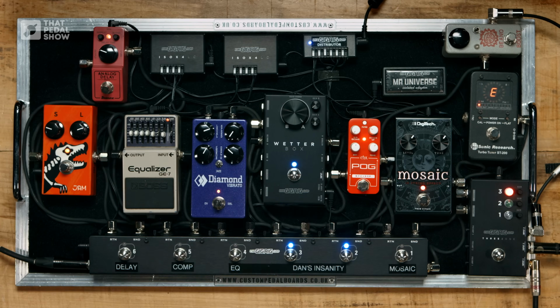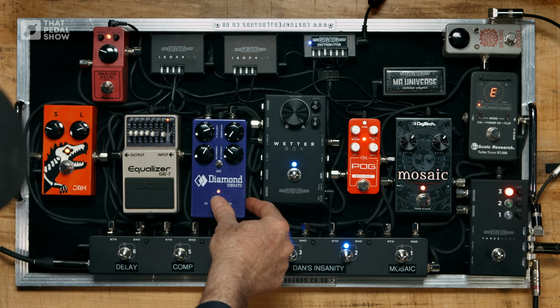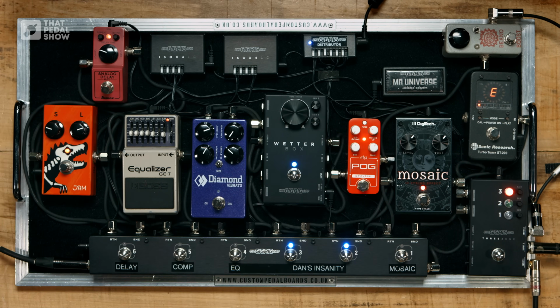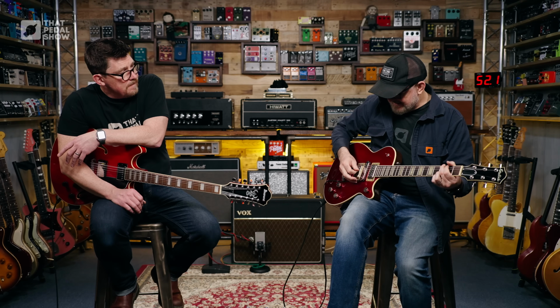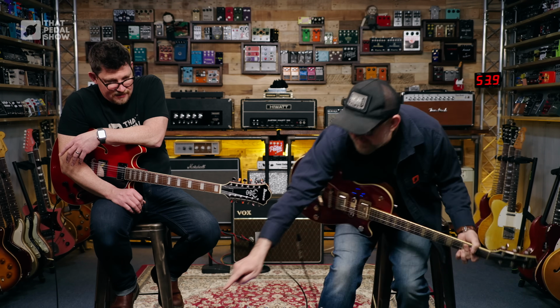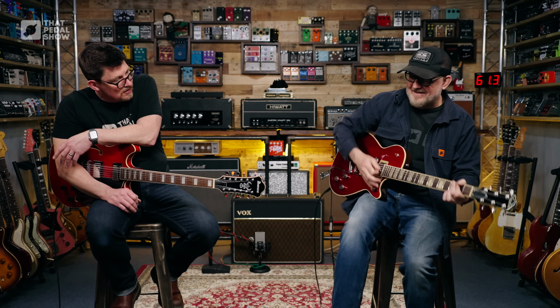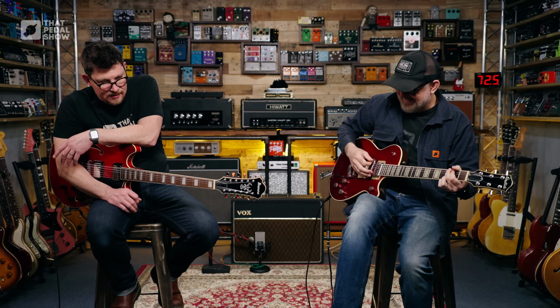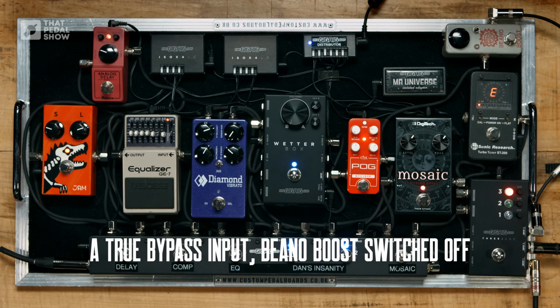Right. So now, when I'm going to go over to the B side, and I've got nothing, nothing, nothing, nothing. Oh, hello. It's even better if I turn it on. I'm just using the Beano as an input. There's no power to it. It's just an input, so I can just plug in to the